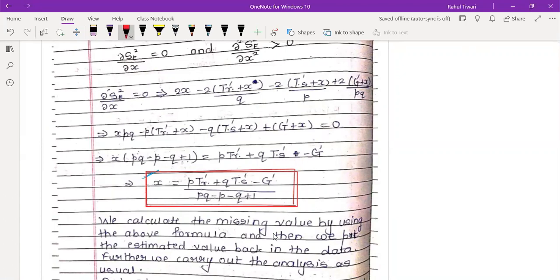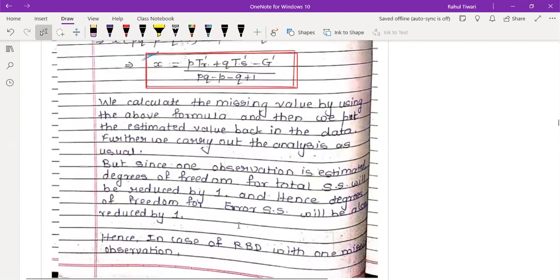Number of, this is a total treatment, na? Total number of observations. So minus total number of parameter, or you can say total number of treatment minus total number of block plus 1. Like this is the way one can get this particular missing value. Okay. So you can just go through, and in case you have any questions, you can ask.